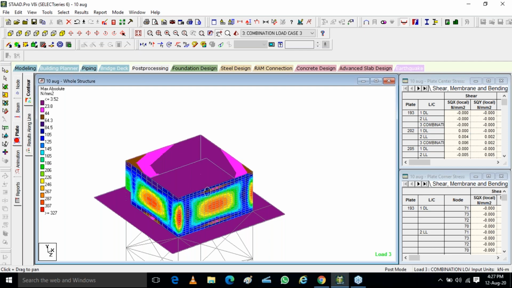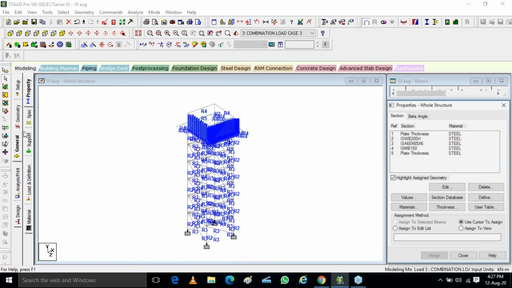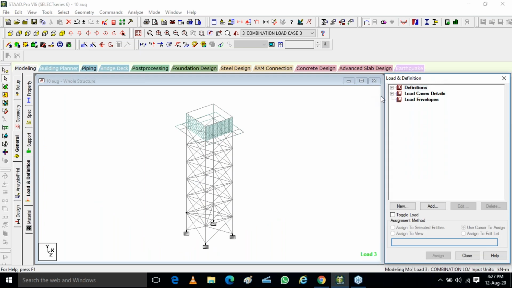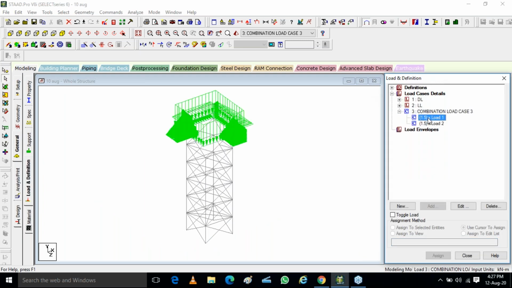So we don't have to go to that level, but we should have the average, because the loads we are putting have already been multiplied by a 1.5 factor. Suppose in this combination, the load is already at 1.5 factor. If I go to my modeling, to my load, and in this combination I edit this load